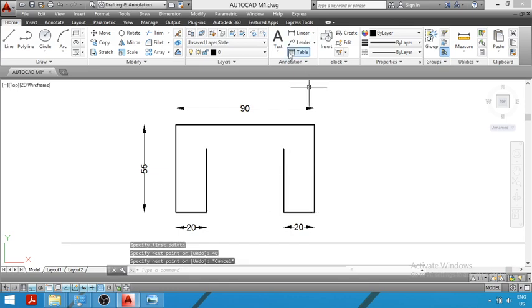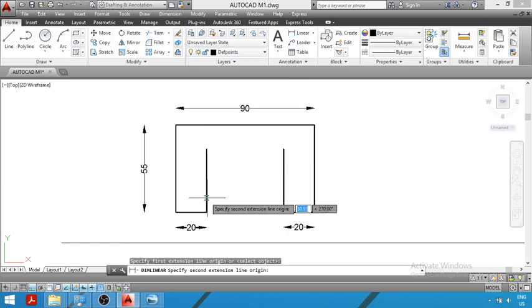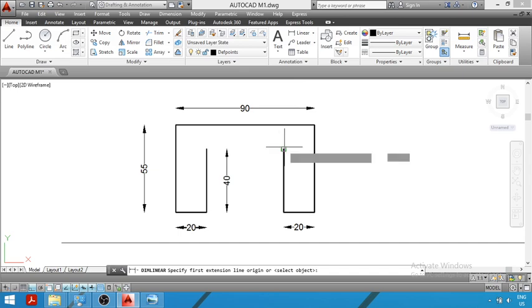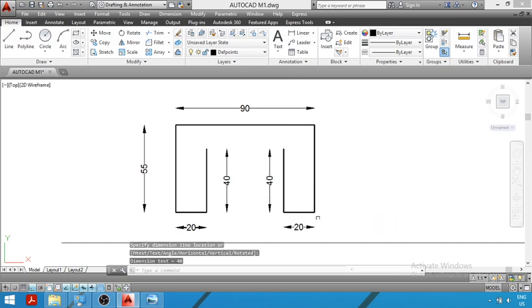Now I will give you the dimension so that you can see the dimensions. This line is of height 40 mm. Similarly, this line on the right hand side is also of height 40 mm. So as per the given dimension, the total height was 55 and the height of the upper portion from here to here was equal to 15 mm. So 55 minus 15 equals 40 mm. So we have drawn two vertical lines of 40 mm.